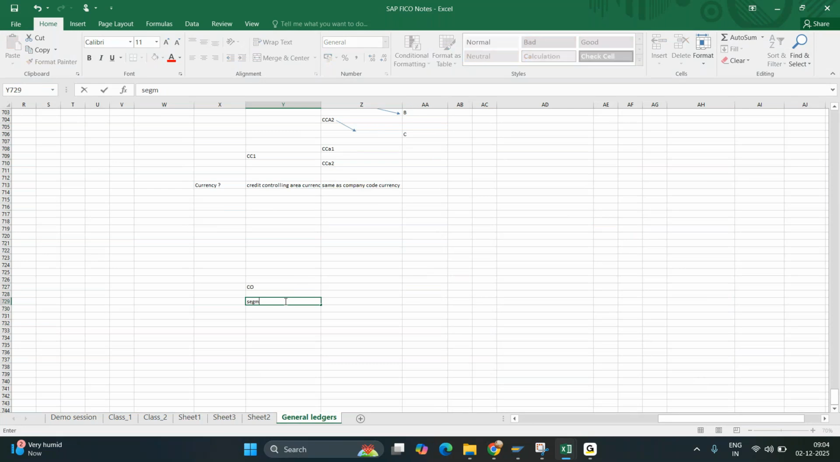In CO, you have the segment, right? So what is a segment? A segment is nothing but the profit and loss which can be determined for a particular segment. In a real-time scenario, a segment will be defined as the line of business or products that the business is